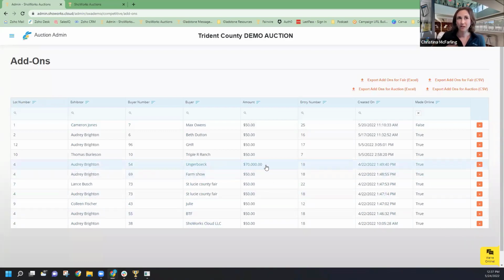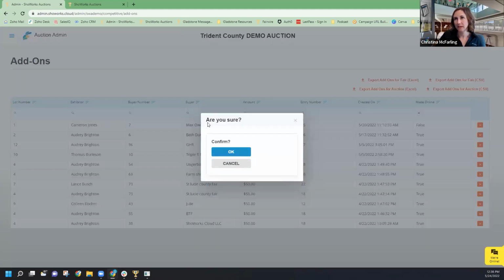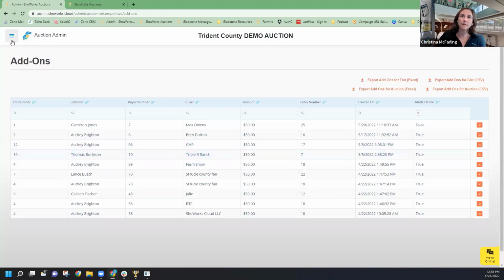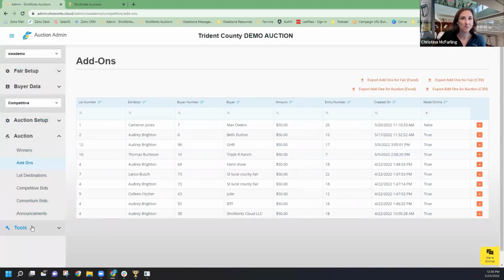I'm going to show you one of the next tools. Let's say, in this case, buyer number 54 was contributing to lot number 4, and they messed up. They fat fingered that. They did make this online, but they've called you and said, I messed up. You can cancel that out, deleting it by using that red X. You can ask them to go back in and submit that, or you can come down into this tools on